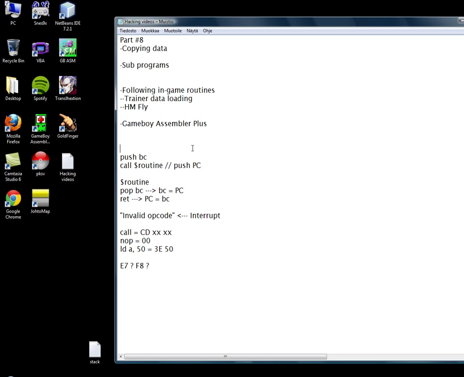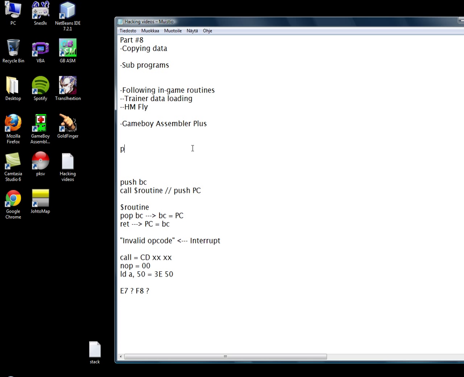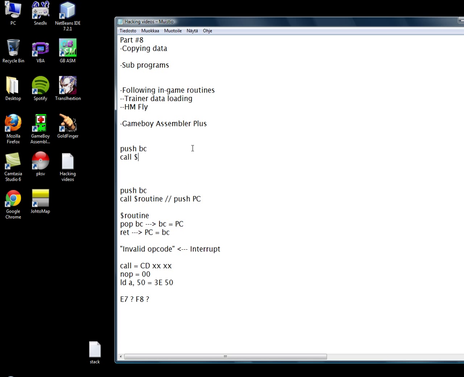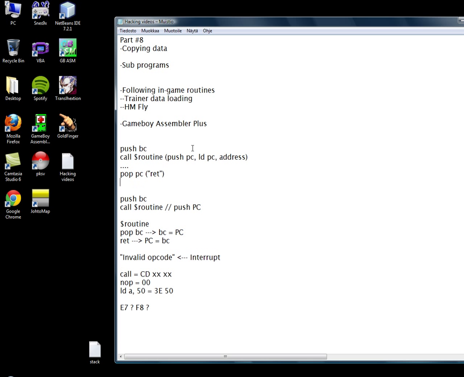So push BC, call routine. Well, this is just push PC, load PC with address, and then do stuff. So we have to, of course, pop PC first,